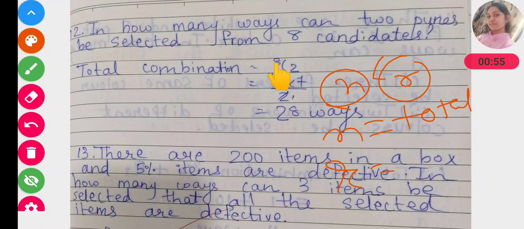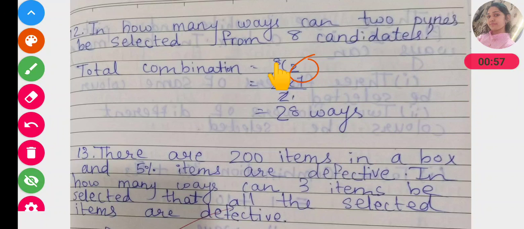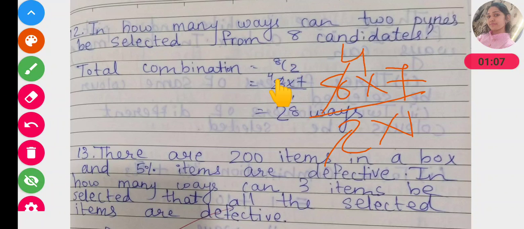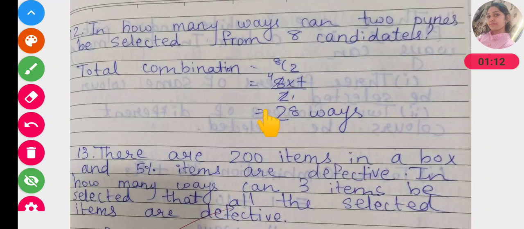We have to select 2 persons, so that is called 8C2. 8C2 means 8 into 7 upon 2 into 1. 2 fours are 8, 7 fours are 28. So our answer is we can select 2 persons out of 8 candidates in 28 ways.